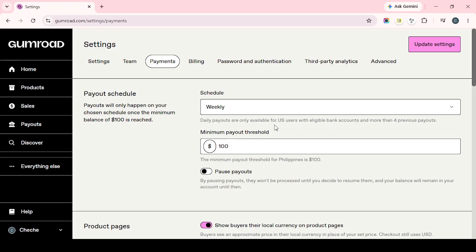As a general tip, after saving, it's a good idea to review the information once more inside Gumroad to confirm it was entered properly. Also, make sure you are using the receiving account details from Payoneer and not details from a different balance or service section, since that can cause confusion. That's it. Once your payout settings are saved,